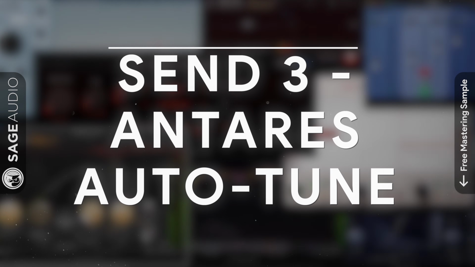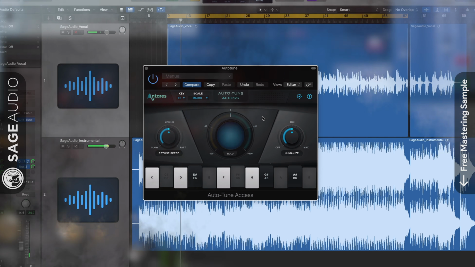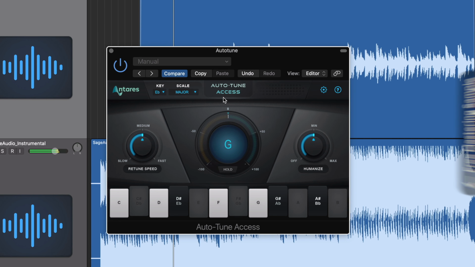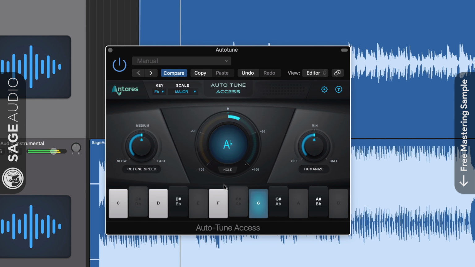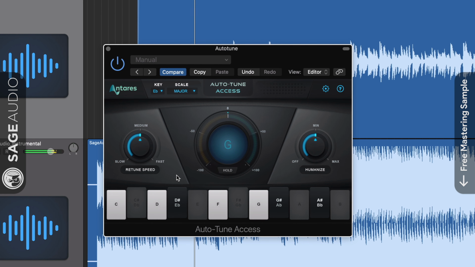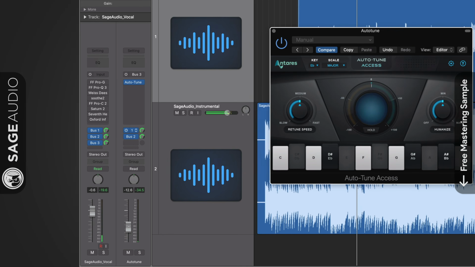Lastly, on the third send, I use the Antares Auto-Tune for vocal tuning. Although this Auto-Tune may not be the most comprehensive in Antares' line of tuning plugins, it'll work well here. That said, if you have a version that you like better or one that gives you more to work with, go with that one. What using tuning as a parallel effect allows me to do is keep the effect as